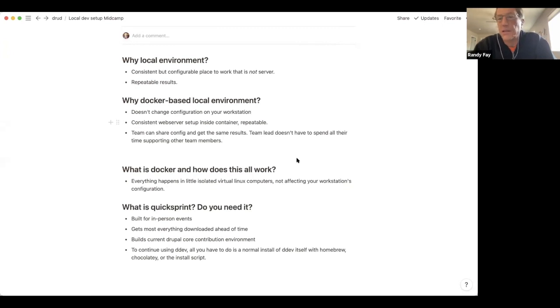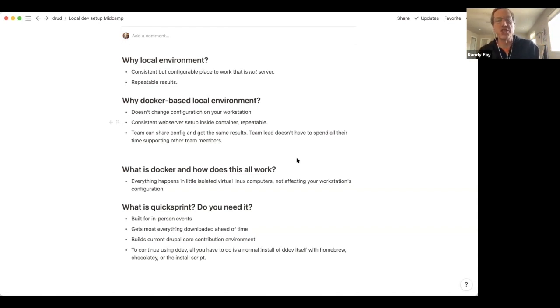So why do you need a local environment in the first place? It's really, really important to have a place where you can experiment and work predictably, and not be working on a server or something that doesn't have a controlled environment, or something that you might mess up, or something that you might be careful around. You don't want to have to be careful when you're doing development. You need to be able to take all the risks that you want and do stuff and make it work or not. And you want to be able to have a repeatable situation.